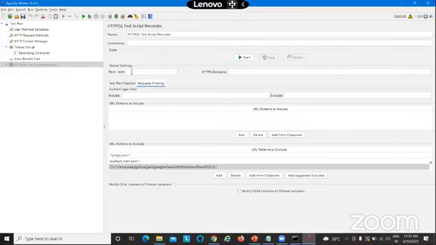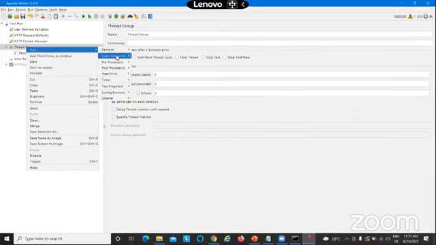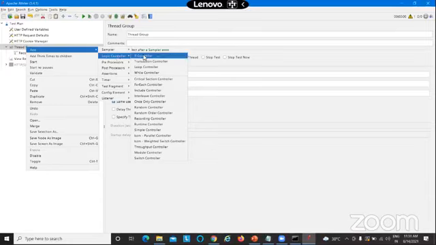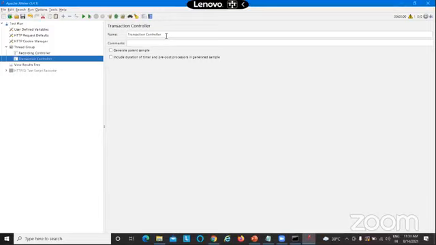Okay. So now we have enabled the proxy, and we have kept our browser in the proxy mode. The same proxy, we have kept it here. And now we have to create transactions, because once we record it, we are going to do all the transactions. So we have to give some bucket elements for all those transactions. The importance of transactions I'll explain. So I'm going to add a transaction here. That is a logic controller. Inside the logic controller, I'm going to add a transaction controller. As the name suggests, this actually helps to create and control your transactions.